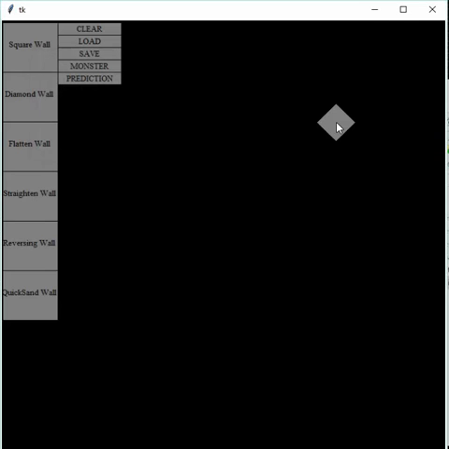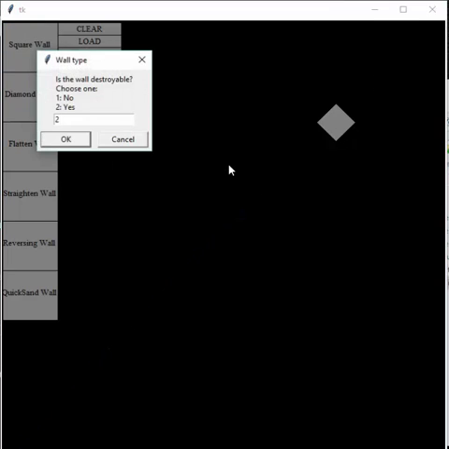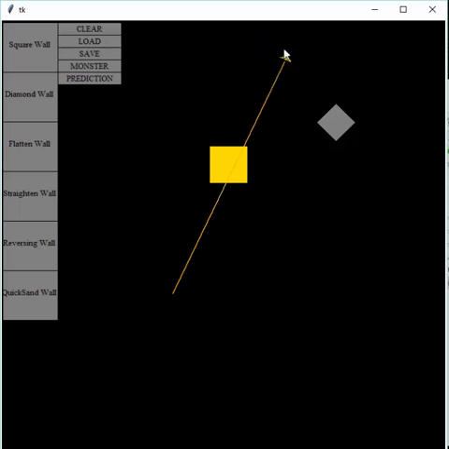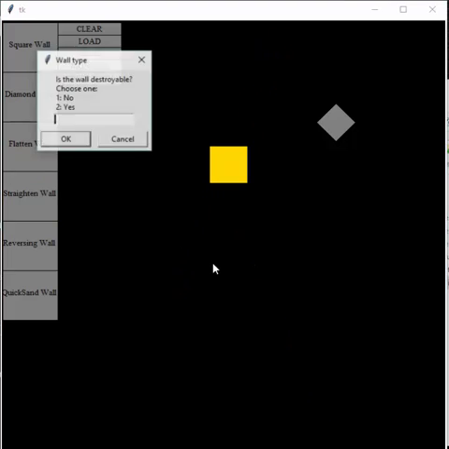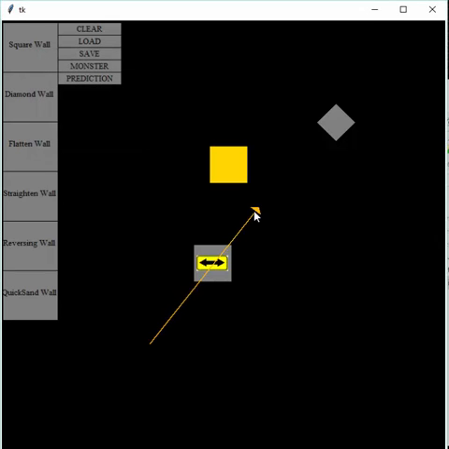If it's not destroyable, then you would get a grayish color wall which can't be destroyed. Otherwise, you get a golden color wall which can be destroyed. And different walls have different features. So this particular wall will always flatten the velocity, it won't bounce the ball. This wall is kind of similar but in a different direction,